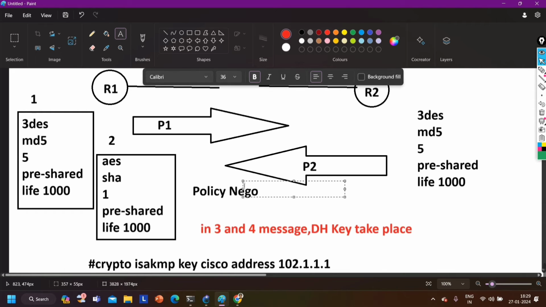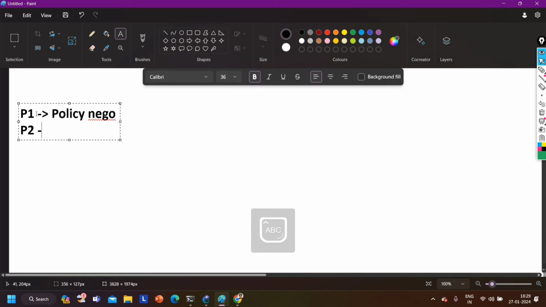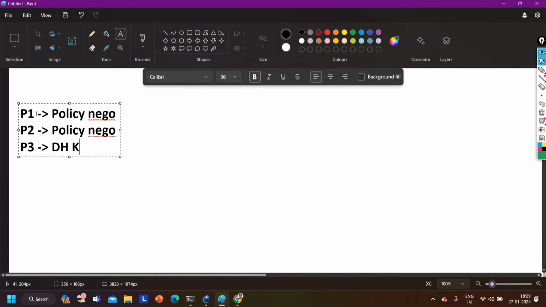So in simple words, what you can say is, packet 1 is used for policy negotiation, right? Packet 2 is also used for policy negotiation. Packet 3 is used for the Diffie-Hellman key. Packet 4, Diffie-Hellman key, right? And all these packets will be in plain text,